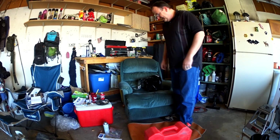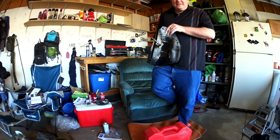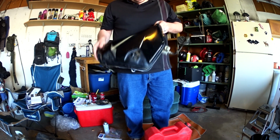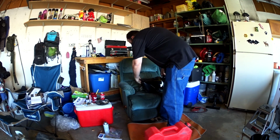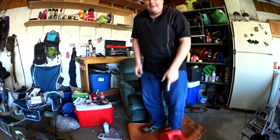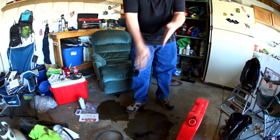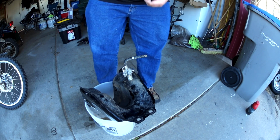Okay, so I learned something already. You gotta reuse the stock petcock on the new tank. So, all of this gas has to come out of here because that's essentially going to open up a hole in the bottom of the tank. So, what we need to do is get that gas in here without making a complete mess. No problem. So now that we realize I need to buy a funnel,